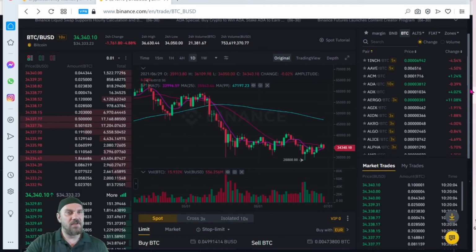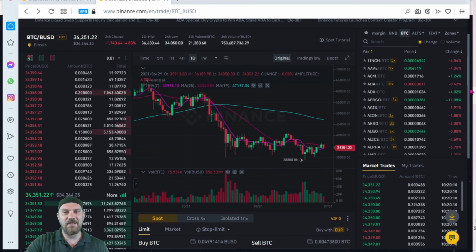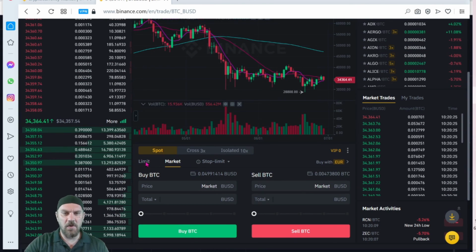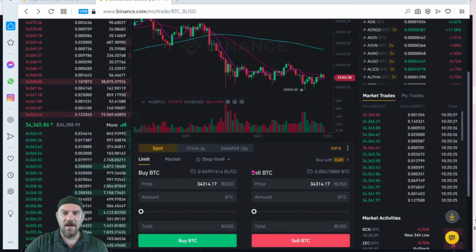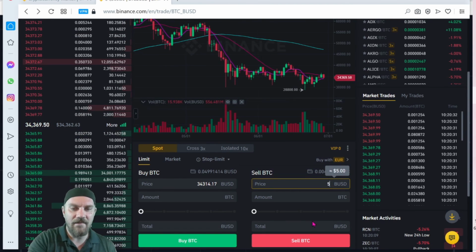Now that we've purchased our Bitcoin for our swing trade, we need to enter in our sell price to execute the end of the order and take profit on this trade. So to do this, we're going to need to switch back to a limit trade, and we're going to set the price here that we'd like to sell at. I want to sell at 56,000